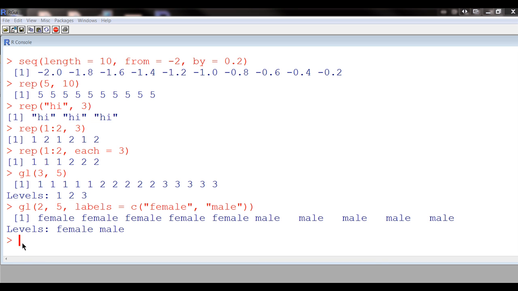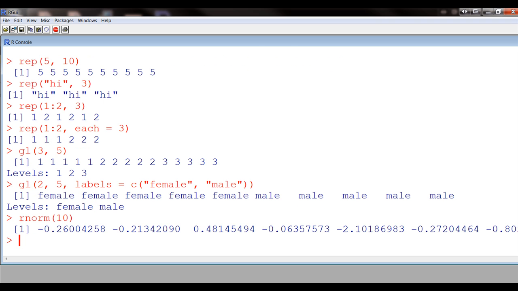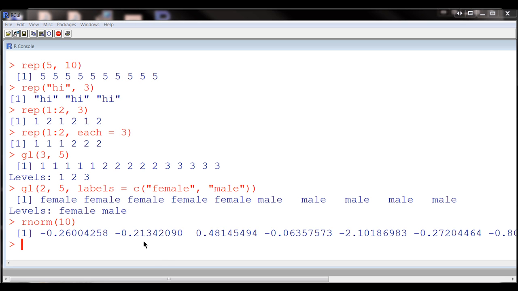Now a little bit more of generating sequences of numbers. We can use the normal distribution and so on to generate random numbers. So here, this is going to generate 10 random numbers from a normal distribution, like that. And these are going to be centered around 0 with a standard deviation of 1. So if you wanted to play with that a little bit,